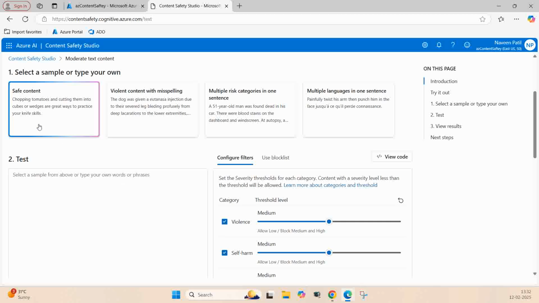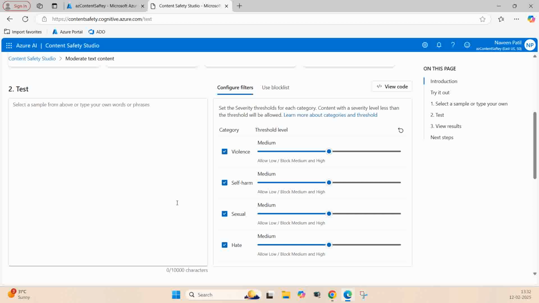And they have given some sample texts already here. Of course, we're going to test all these texts in a bit. Before that,